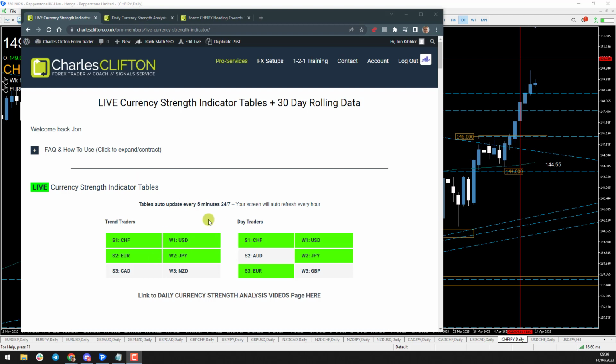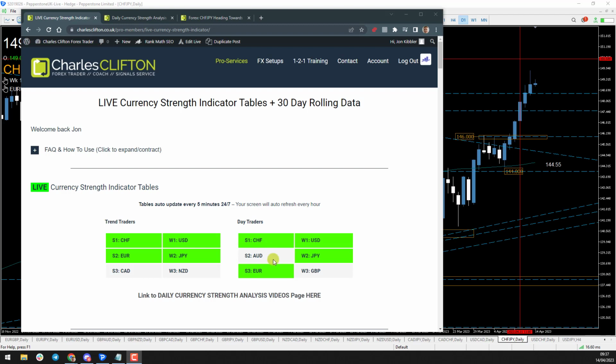Here you can see we have our two tables in front of us: the trend traders table and the day traders table. These are the same studies but just highlighting different time frames. You can see here some of the currencies are highlighted in green. That means there's a confluence between those trading time frames, and that's what we'll be focusing most of our attention on in these videos. The tables auto update every 5 minutes 24/7,